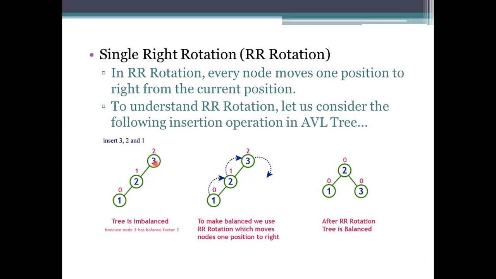The balance factor here is 2, meaning it has 2 subchildren on one side and no children on the other. If you are calculating 0, then 1, then here the factor is specified as 2. For that, we need to take these elements and move them to the right side. This will be moved to the right side, and this will be placed here.